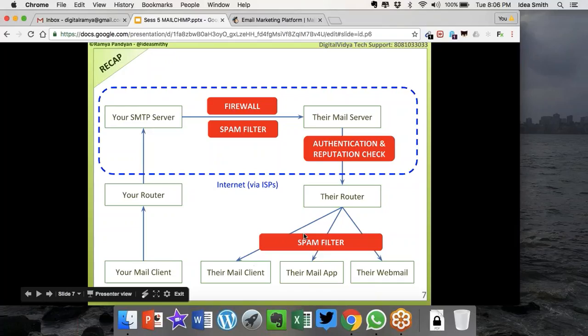This is the path that your email takes from your mailbox to the recipient's mailbox. It goes from your mail client to your router, which sends it on to the SMTP server, which sends it on to the mail server, which runs every single email through all these checks. The firewall checks to see that there are no viruses. The spam filter checks to see that there are no matching patterns of words and phrases with known spammers. The reputation check looks at your history as a sender. And the authentication check ensures that you are who you say you are and that your email has not been tampered